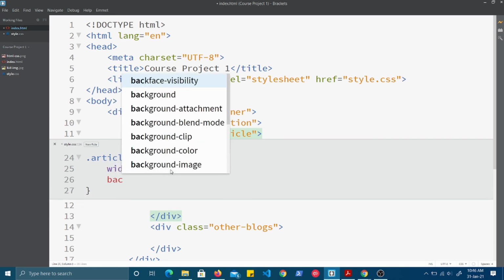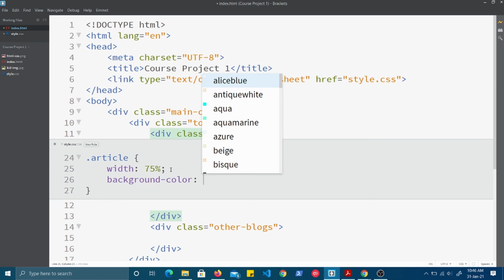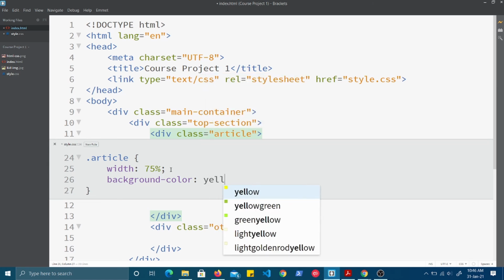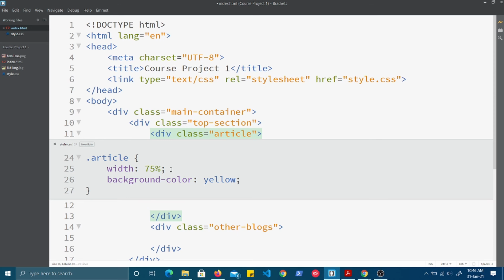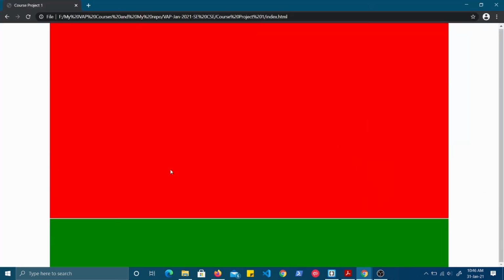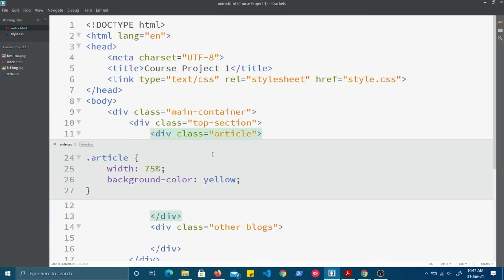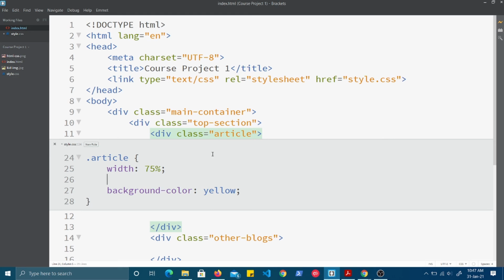And the background color, which background color we will have? We will have, let's say, yellow. Fine. So let us see whether it is visible or not. It is not visible. Can you tell me why it is not visible? Yes, you guessed it right. It doesn't have any height, doesn't have any content, so you have to give the height manually. Now here this height we have to delete, because this will create a problem. So what is the height of the parent? Let us consume 100% of the parent, right?